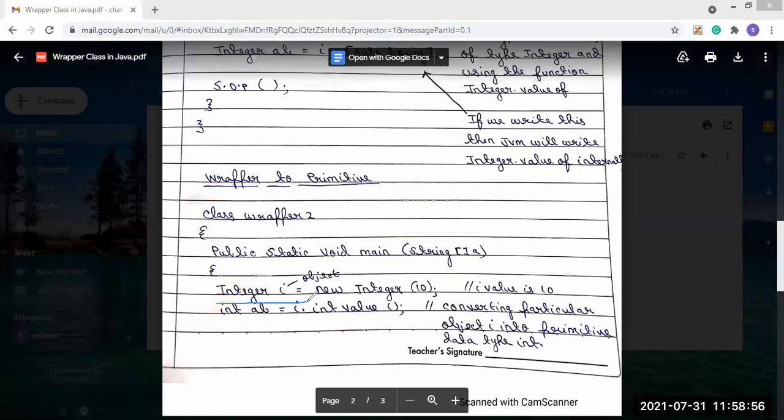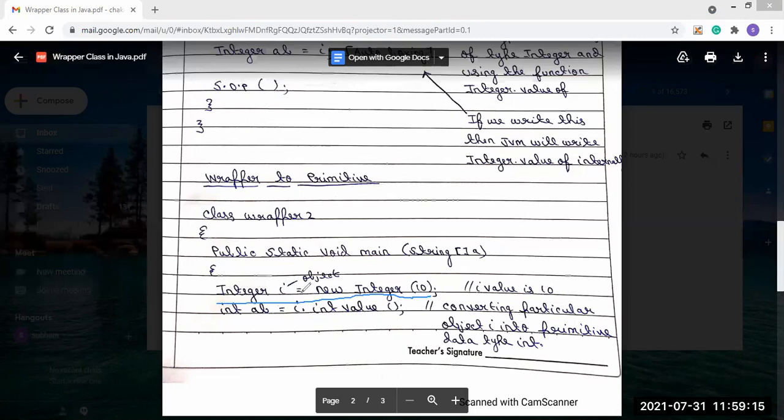Integer i = new Integer(10), as a parameter we are placing the value 10. So an Integer class object is created.